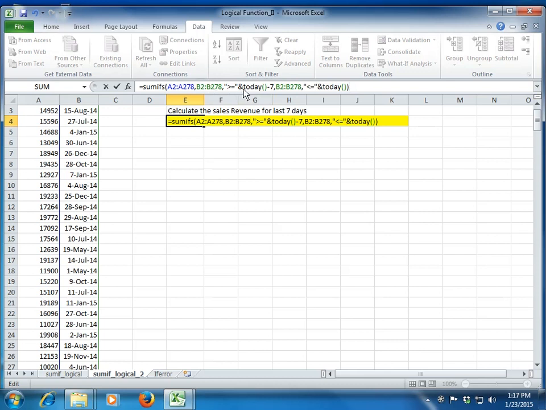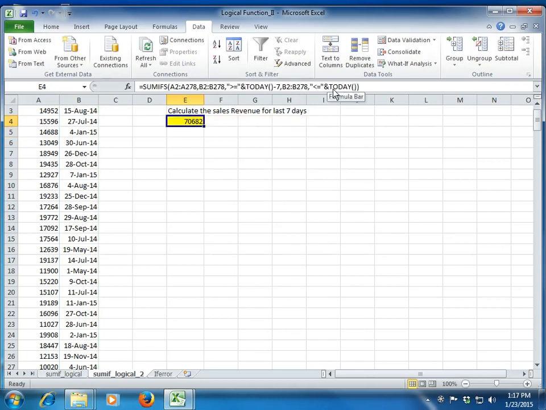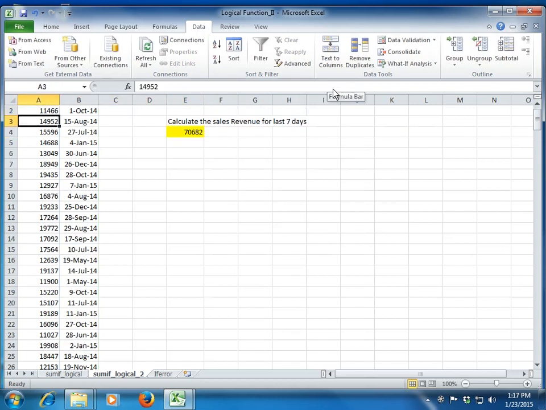My first criteria is that the date should be greater than or equal to today minus 7, that is the last 7 days, and it should be less than or equal to today, clear? And I press enter, right? So you see that Excel gives me the revenue. It sums up all the sales revenue for the last 7 days.